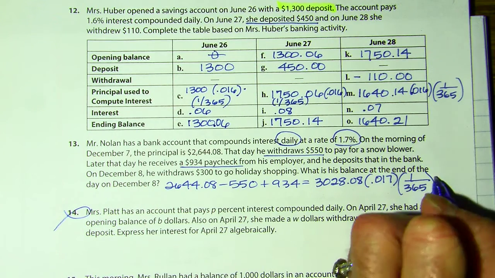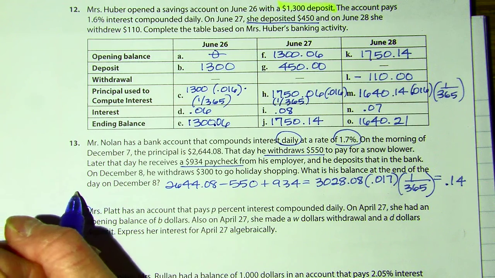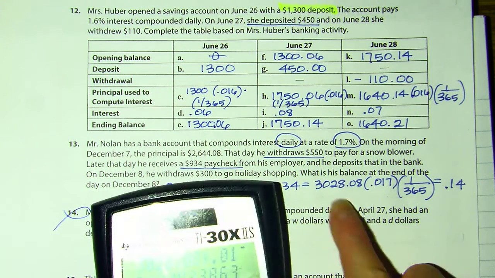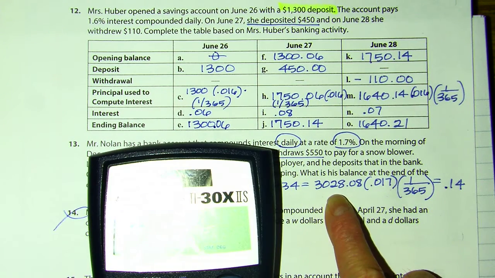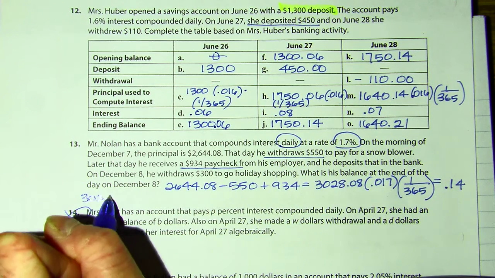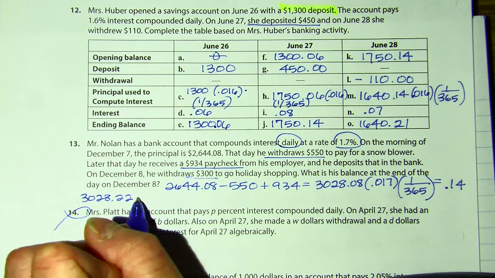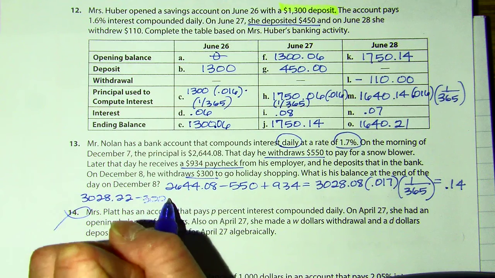And I got 14 cents. So now I have 14 cents plus 3,028.08. So now I have $3,028.22. On December 8th, he took out $300, which gives him